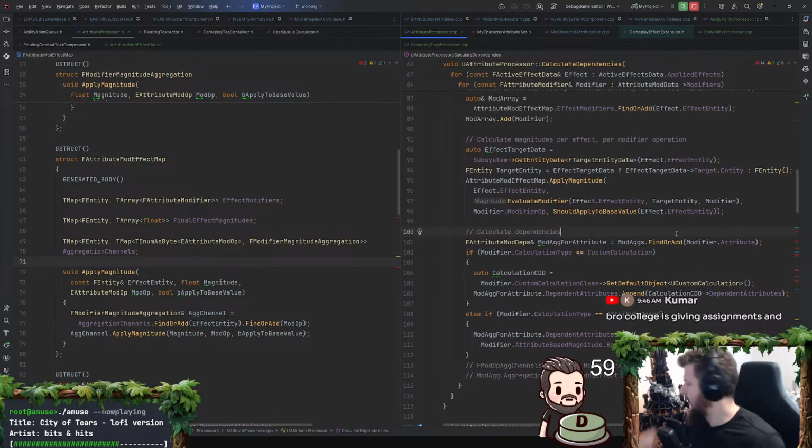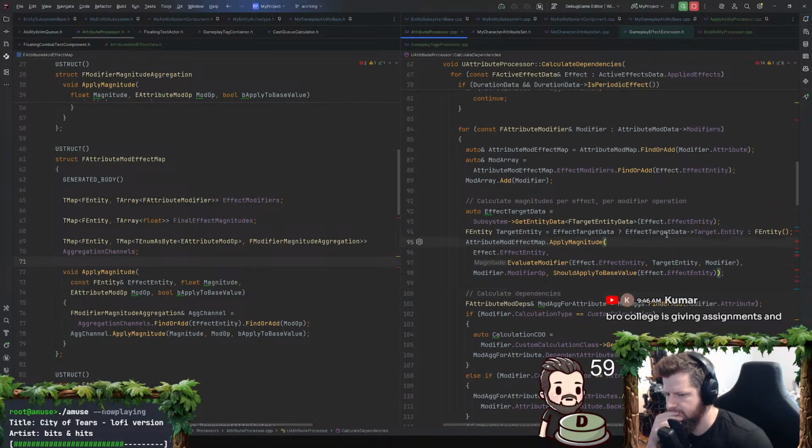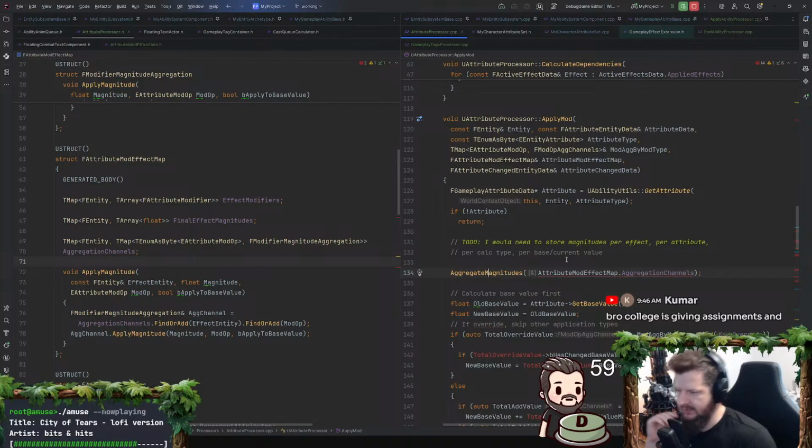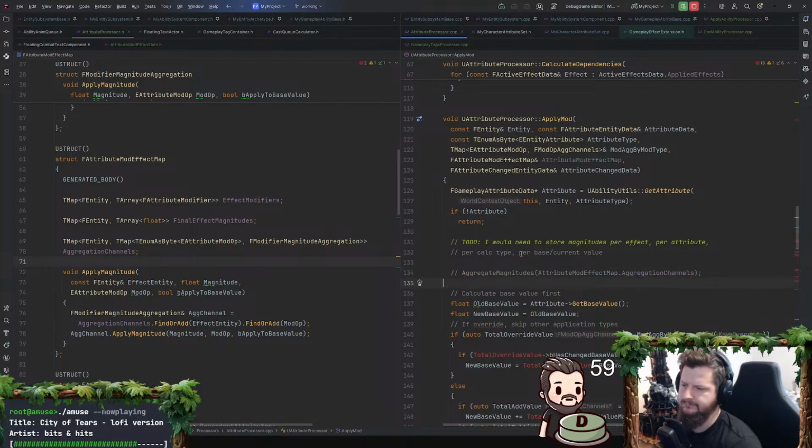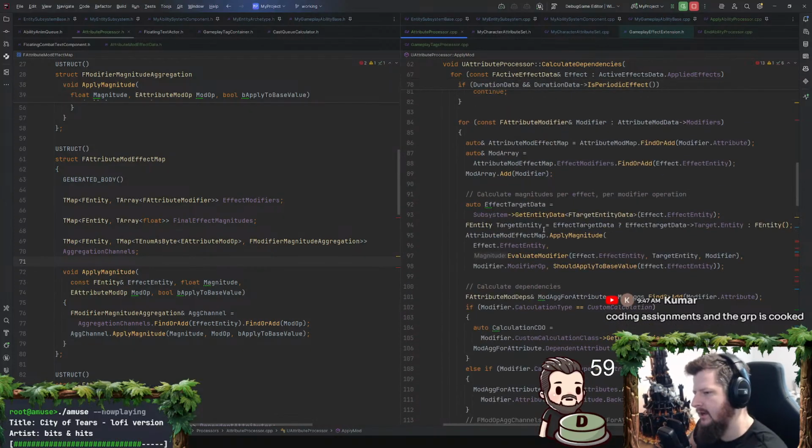Calculate dependencies. Entity magnitude mod operation apply to base value. Yeah, I think we will have actually. Yeah, we won't need that anymore. We won't actually. Hang on.